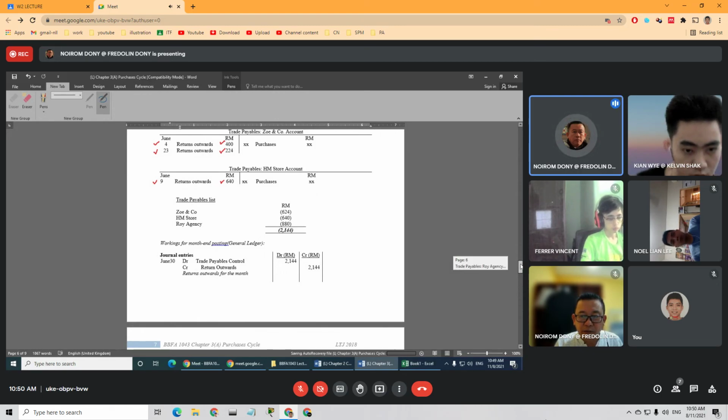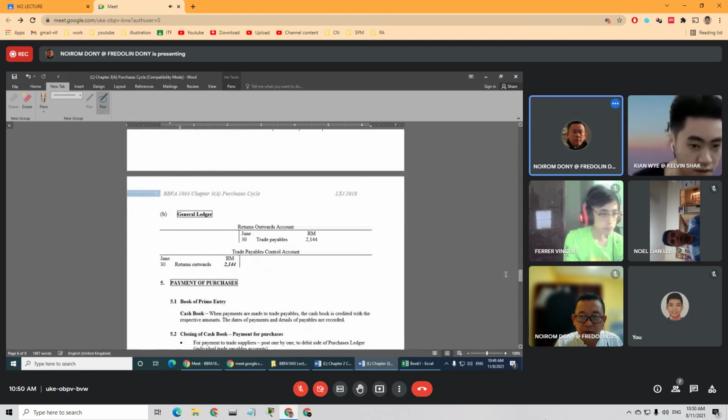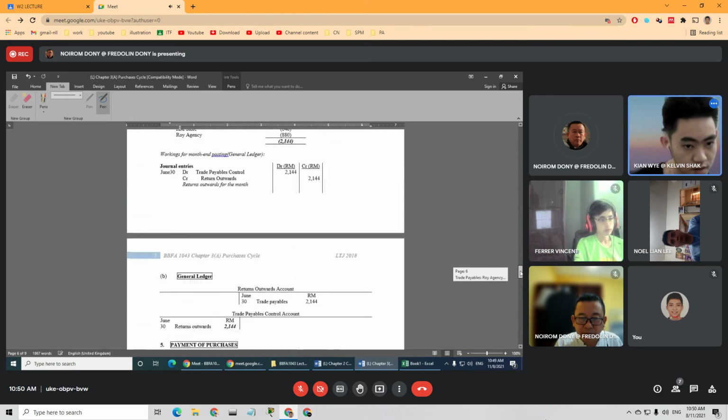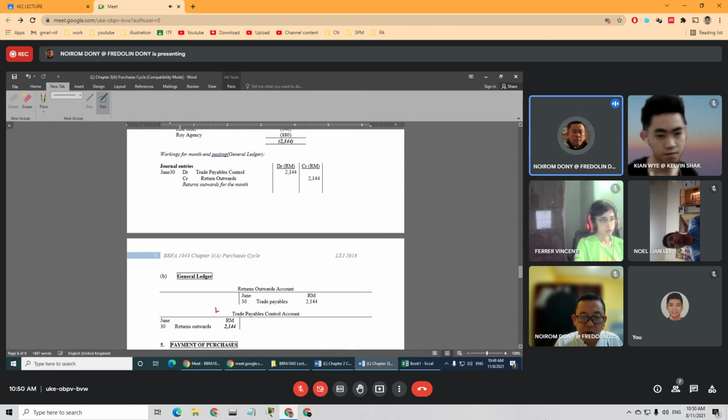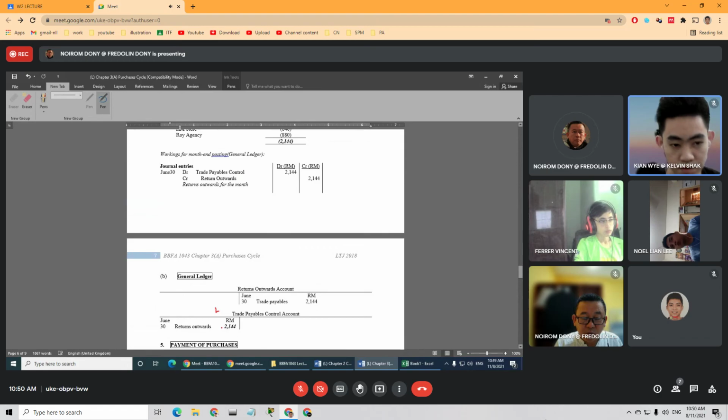So open up the journal. Credit is when the asset decreases. Come again? Is the credit when the asset decreases? This is not asset. This one is liability, not asset. So liability reduces, decreases. So that's why this is credit. Debit. So debit 2,144, and the corresponding entry must be